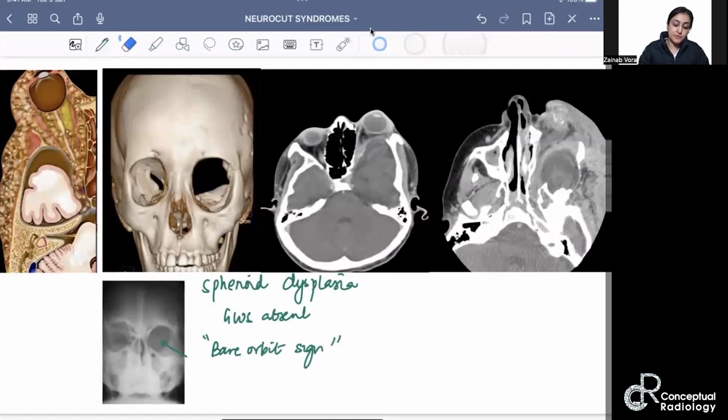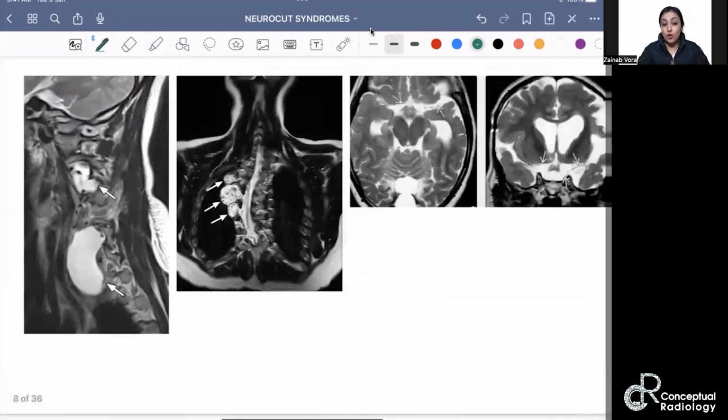On the CT, the corresponding finding, because of the sphenoid being absent, right? It either can be dysplastic or it can be completely absent like in this case. We see that there is anterior herniation of the meninges, and sometimes there can be an arachnoid cyst here as well in the middle cranial fossa, which results in proptosis. So this is what you see, and sometimes there may be an associated plexiform neurofibroma. So these are the findings that you see near the orbit. Another manifestation is the